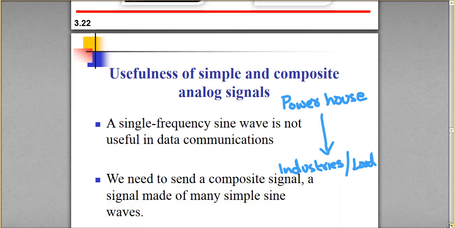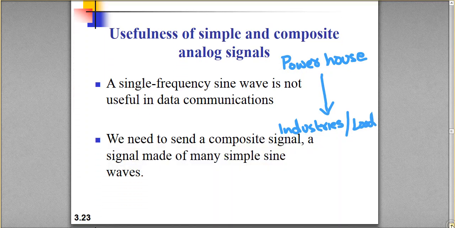Moving on to the applications of analog signal. An analog signal which is simple and periodic is useful in distributing power from its source, such as powerhouses, to the destination, such as our own houses, industries, or any other kind of load. Such signals, which are periodic, simple, and analog, are also useful for actuation purposes, such as actuation of a burglar alarm, etc. However, one application where such signals are not very helpful is data communication.